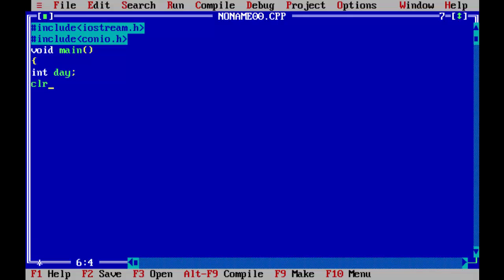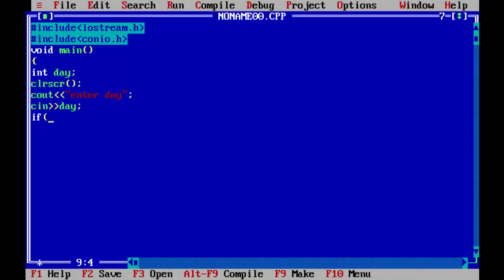Clear screen, cout, enter day. Then we have to put the day, then